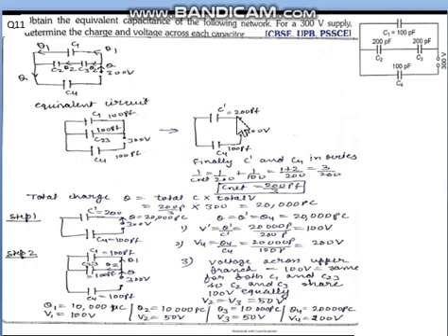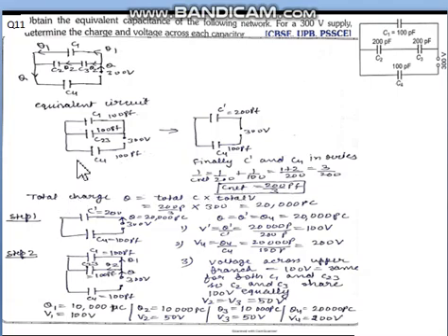Now again if we start taking the charge, whatever charge enters through C dash, the same charge flows through C4 also. That means the charge is the same. So these two capacitors are in series. This way 200 and 100 are in series. So we will again do the reciprocal addition calculation. So 1 by 200 plus 1 by 100 is 1 by C net. And if you see the solution carefully, you will see that C net is obtained as 200 by 3 picofarad. So this way we have solved the equivalent capacitance.